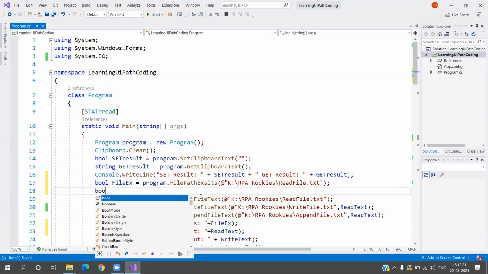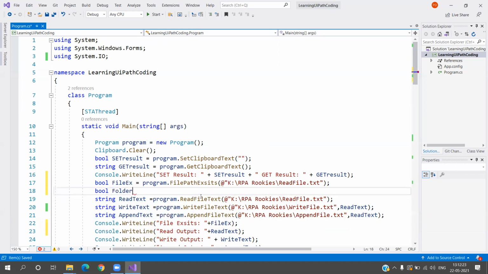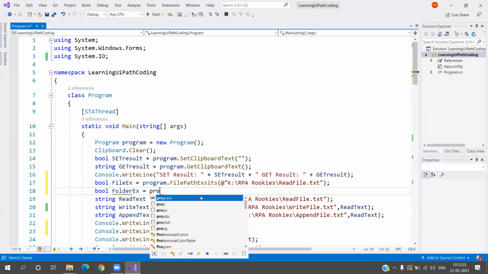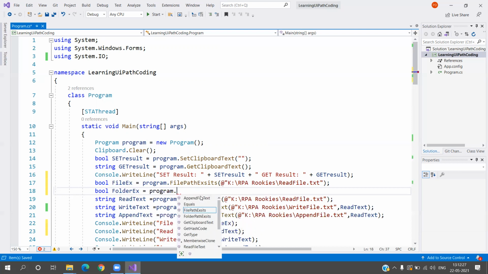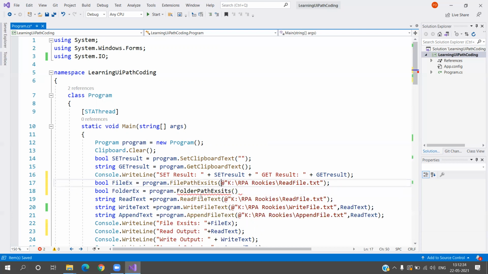And I'm going to create one more bool, folder ex is equals to program dot folder path exist, and let's copy this same and let me add over here.